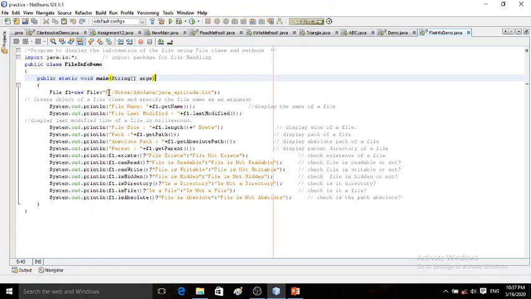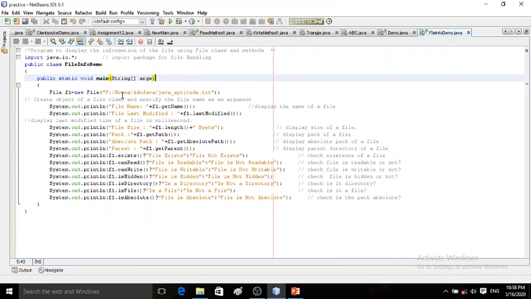Here I am giving the path directly along with the name of the file: F:/notes/advanced java/java aptitude.txt. This file name I am giving for the object f1, so f1 refers to this file, java aptitude.txt. This is an absolute path, right from the drive, the complete path. So here the parent directory is advanced java.